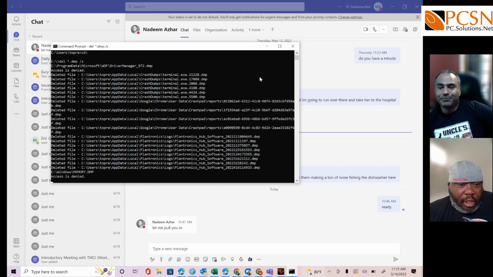Is it still thinking? Yeah, it's still working. You see that cursor flashing and the command prompt is not back yet. So it's still working. It's still going through all the folders. Now, you see where it says access denied for